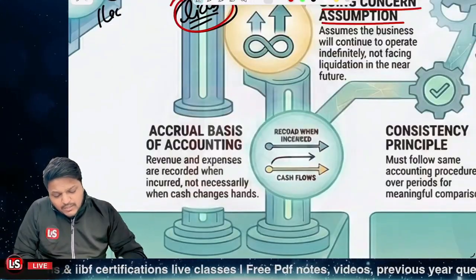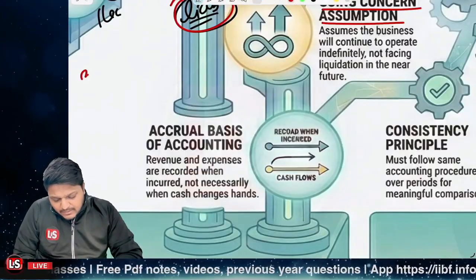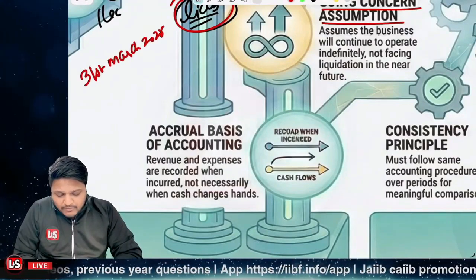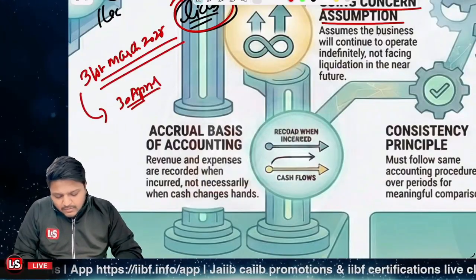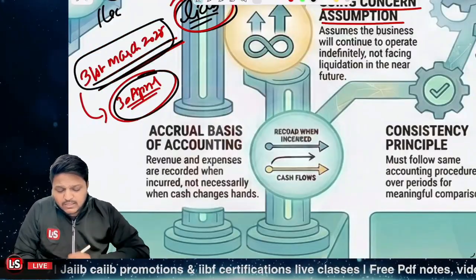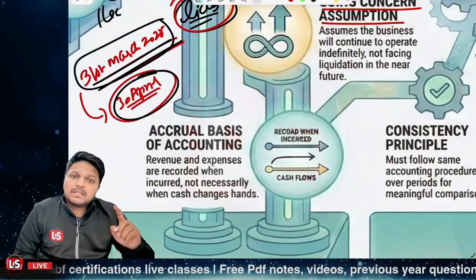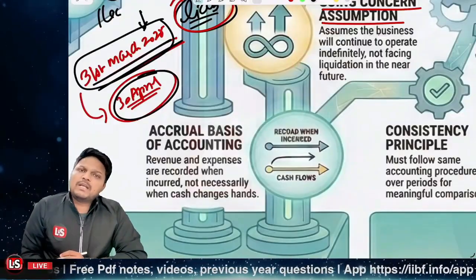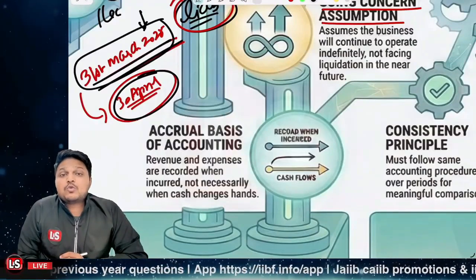It's not related to that. Let's say the interest was due on 31st of March 2025, but you actually received the amount by 30th of April, right? You received the cash by 30th of April, but the due date was 31st March 2025. So you should be considering that particular amount in the financial year corresponding to 31st March, the financial year 24-25 only, and not 25-26. Is that clear? So that's about the accrual basis of accounting.